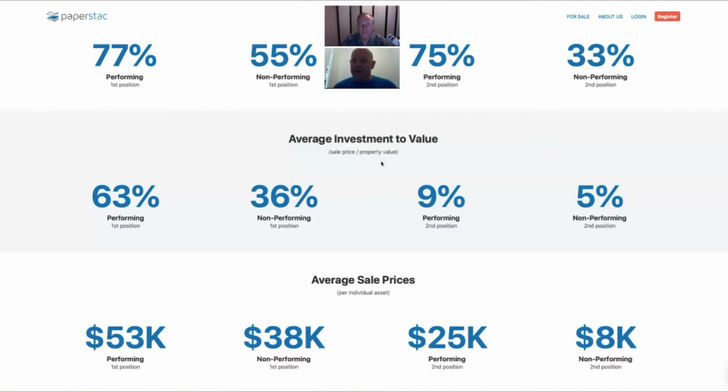But still, these are huge discounts on the second position loans. And it's indicative that we're starting to see an uptick in people buying them. Yeah, it makes sense. I'm going to combine a couple of numbers here because they're on the screen. If we're looking at non-performing seconds and you can buy it at 33% of the UPB and you're only in it for 5% of the whole value of the property, you can settle that thing for 50, 60 cents on the dollar